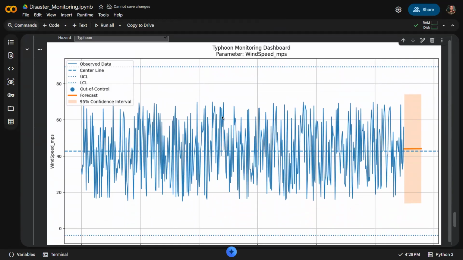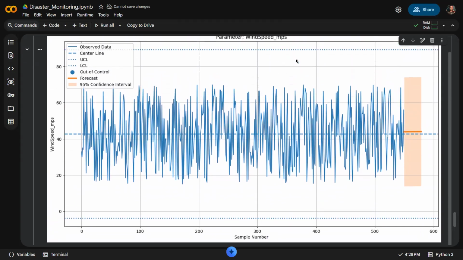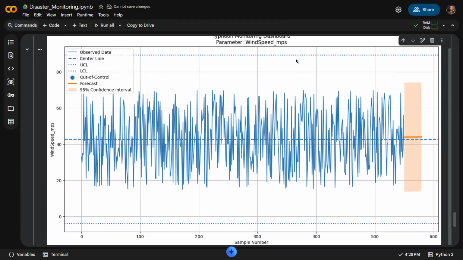A control chart is a statistical tool that helps us determine whether we are still at a safe level or not. This one specifically monitors wind speed, most likely in meters per second, because kph would be kilometers per hour.